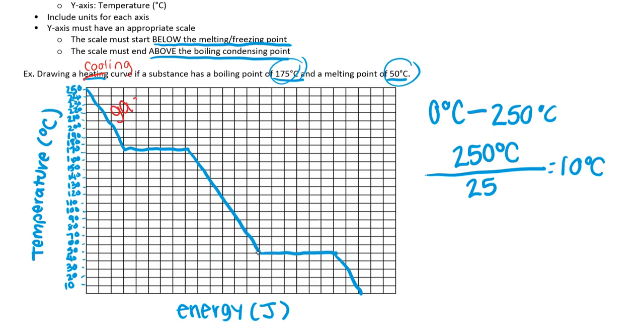So at a high temperature, we have a gas. The gas will condense into a liquid. The liquid will decrease in temperature until it reaches the freezing point, and then it will freeze into a